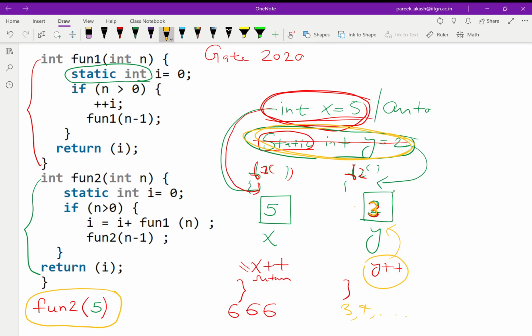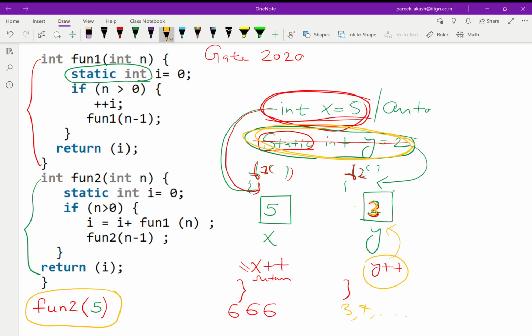So if I'm not declaring a variable as static, then the variable will be initialized again and again, and if I'm declaring a variable static, it will be initialized only once. So this is the first basic difference between normal variables and static variables. Also, static variables are allocated in the data segment of our memory, and normal variables are allocated in the stack segment.